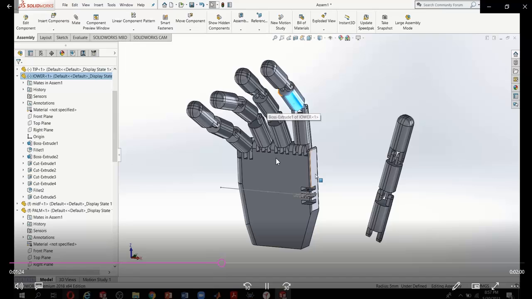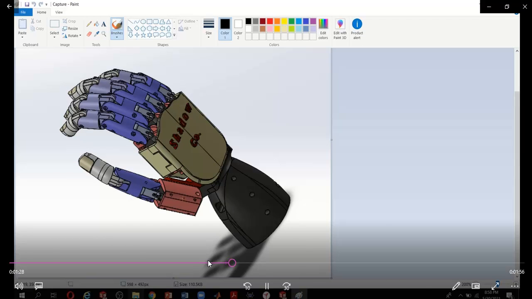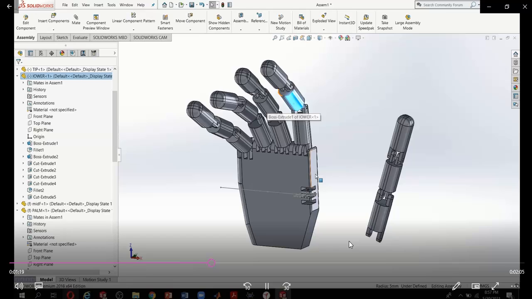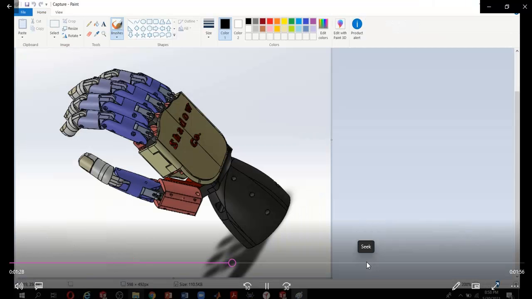These four fingers create a motion relatively, but our thumb has a different motion, a different frame coordinate system.